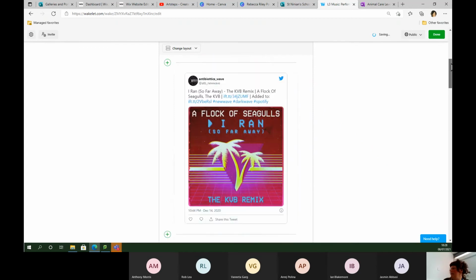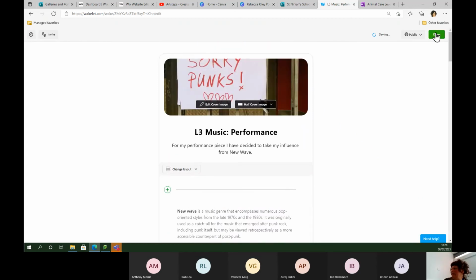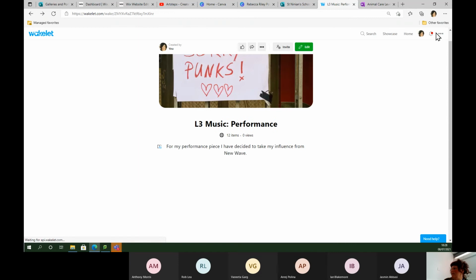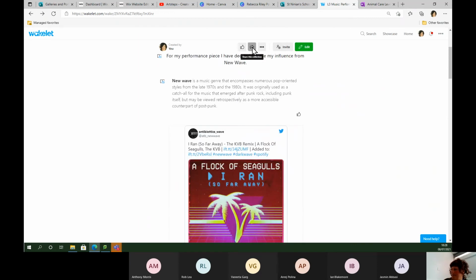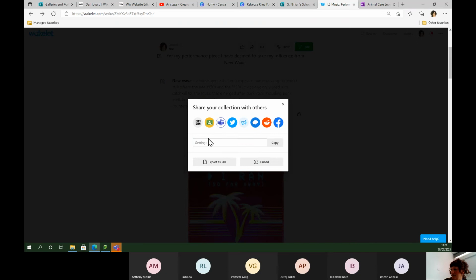And then obviously when you've done all that and built it, it is quite easy to build. You can share it using the share, and it will give you the URL, or you can get the embed code if you want to embed it into something else, or you can export it as a PDF. So that's the code, or you can